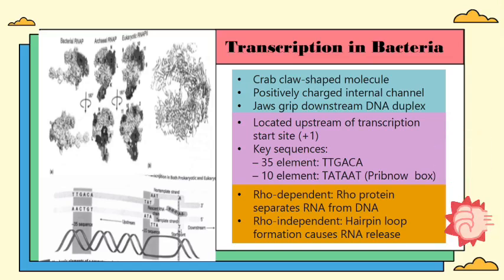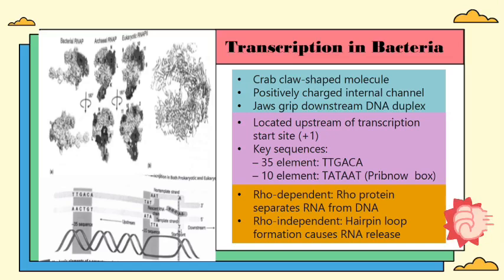And we also have the rho-dependent termination, where the rho protein separates the RNA from the DNA, and the rho-independent termination, which is the hairpin loop formation that causes the RNA to release. So it is saying that transcription concludes through either rho protein activity or an intrinsic terminator sequence that forms a destabilizing structure. Just as transcription is initiated at a specific point in the chromosome, it also terminates when a specific nucleotide